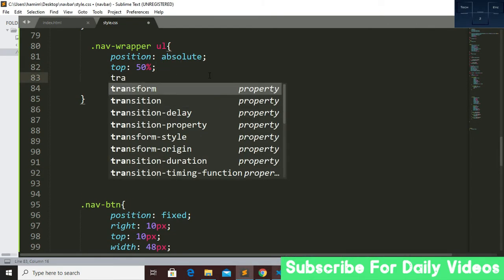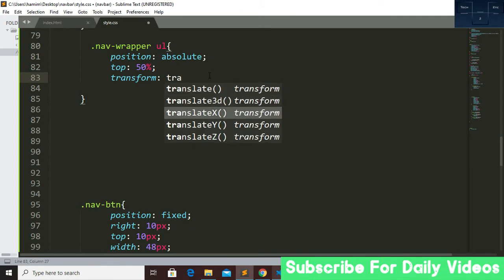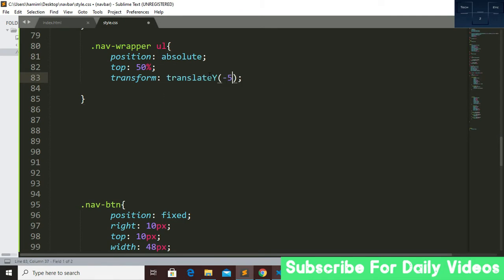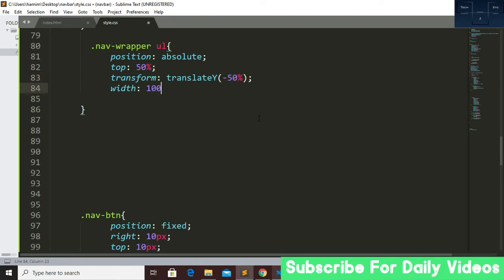So this will be transform, and translateY will be minus 50%, and I want to take the whole width, so this will be 100%. Yeah, that's it. So now we have to target our list tag, so copy this thing and paste it here and type list.